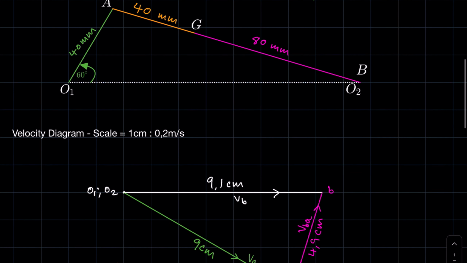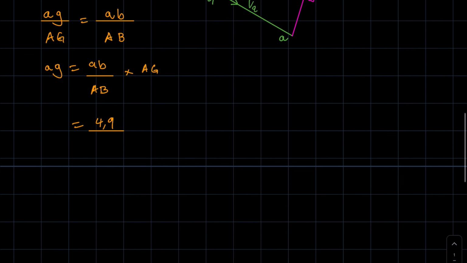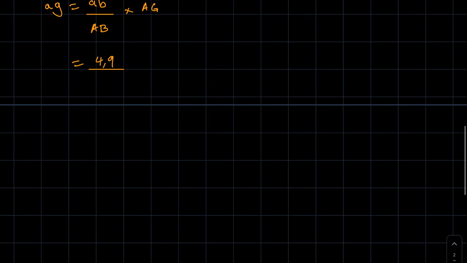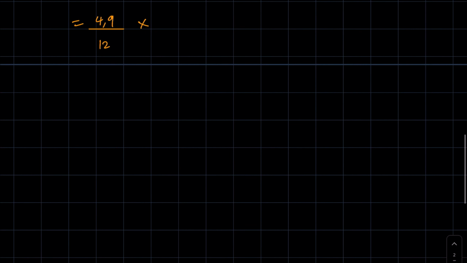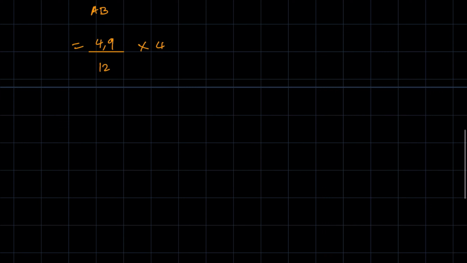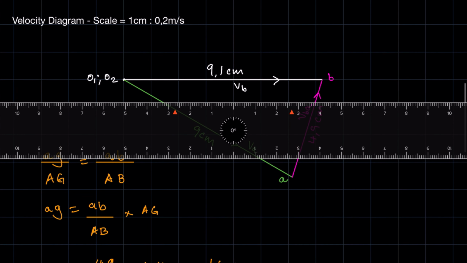Which is equal to what? In centimeters, that will be 12, so divided by 12, because remember, this is in terms of centimeters, times the AG of the space diagram, which is 40 millimeters. 40 millimeters in centimeters is 4. And then you get 1,6 centimeters. Once you have that, all you do now is take your ruler,